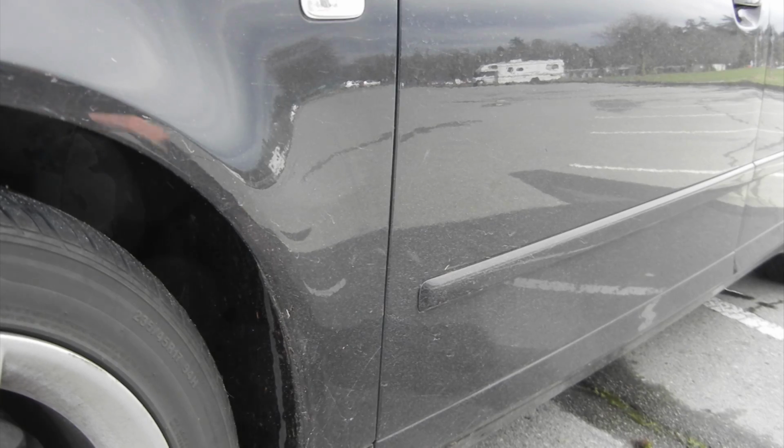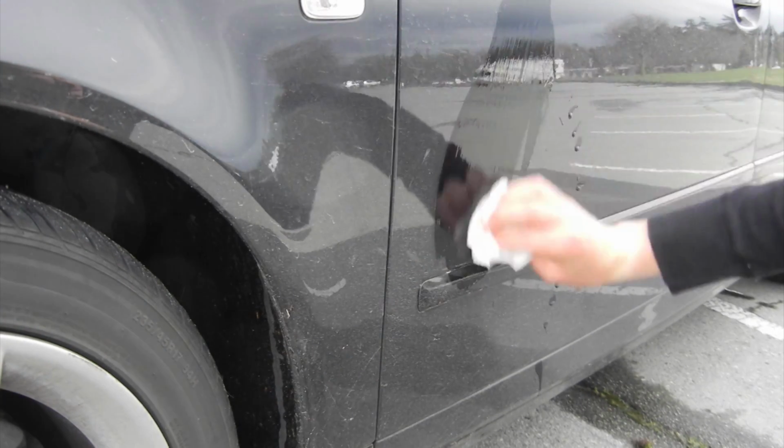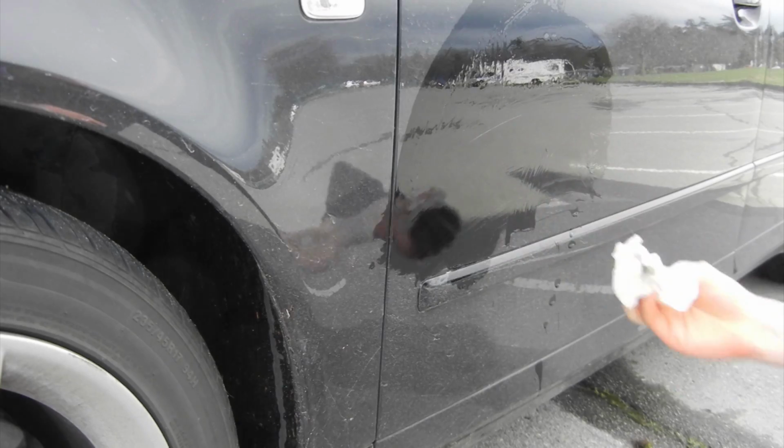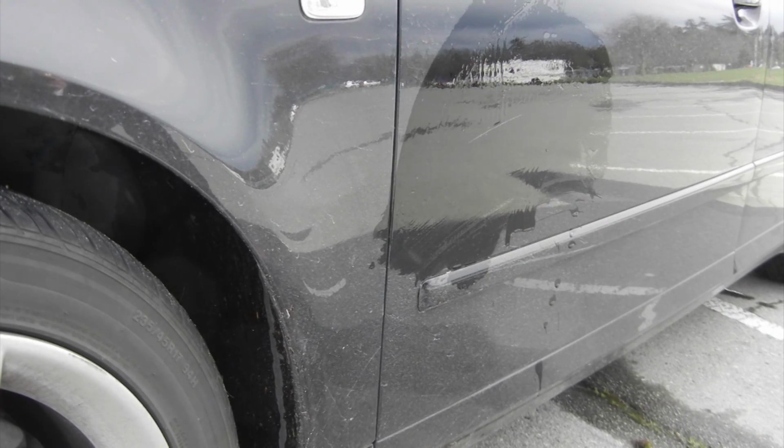I've decided to actually start with the one on the side of the driver's door. So I'm going to start by just showing you how I would attach my suction cup mount. I got a little bit of water, and I'm just going to put it on a piece of paper towel, and then I'm just going to make sure that wherever I'm putting my camera is really clean. And then I'm just going to take a second piece of paper towel,